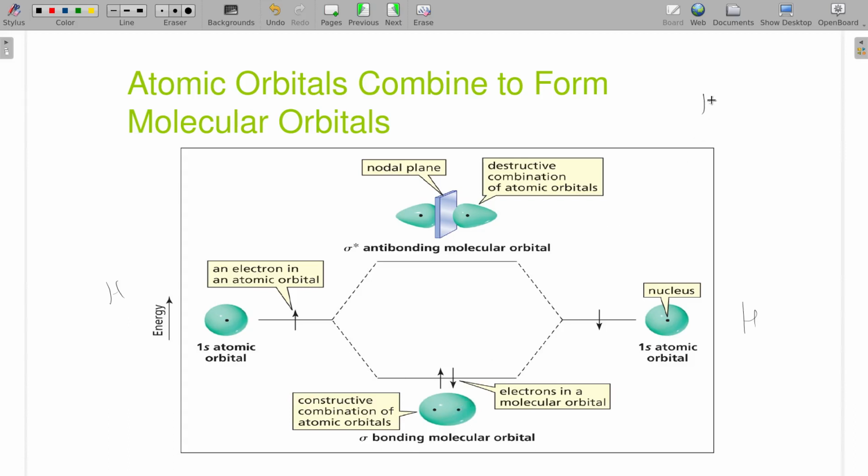So H-H bonds. But if I were to change these to helium, we would be adding a second electron each because helium has 2 electrons, and those other 2 electrons would have to go up here into this antibonding orbital. As much as these 2 would want to make a helium-helium bond, these 2 really, really don't. So helium and helium, we get no bond. They will not bond to each other because they have too many electrons in that antibonding orbital.